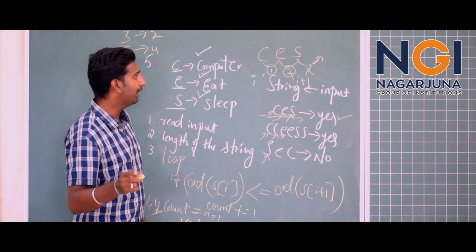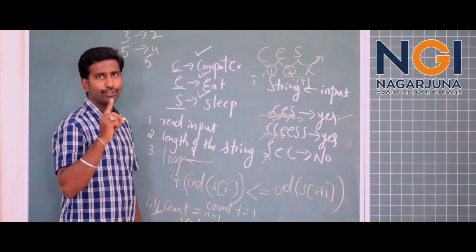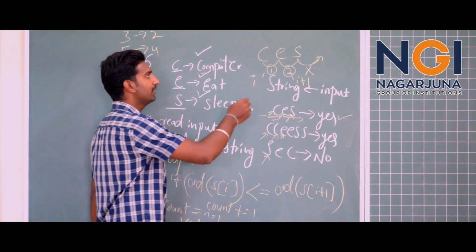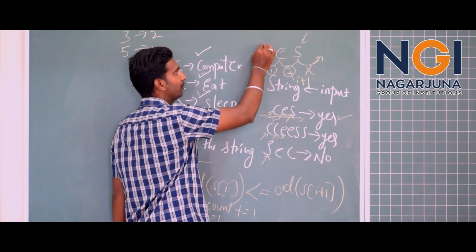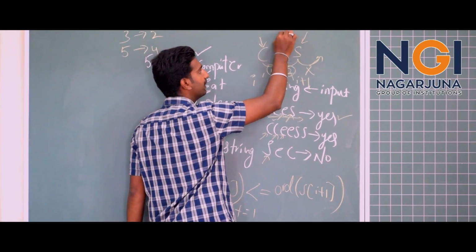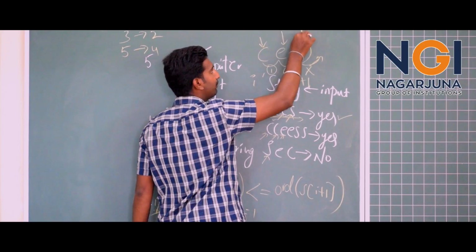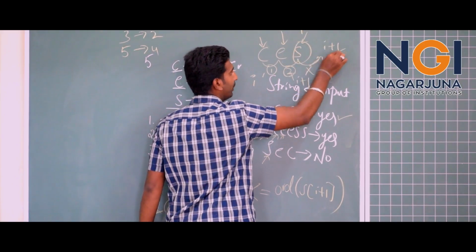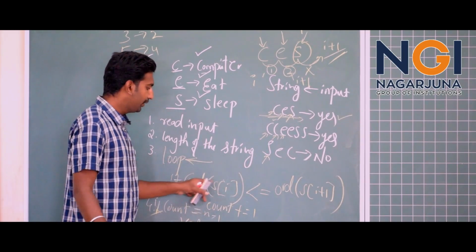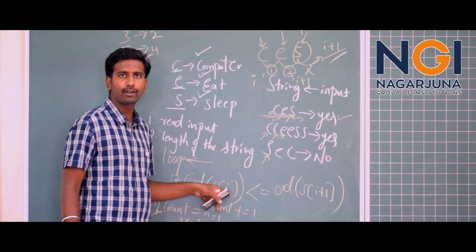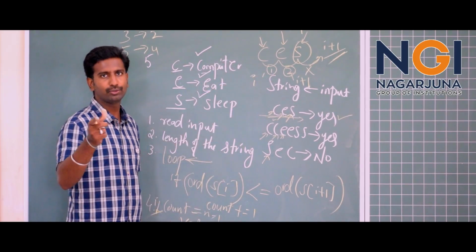While looping across the string in the for loop, you need to take care of the termination condition, because your loop should start at C and it should end at E itself, because it should not go till S. If your I is pointing to the S, you don't have an I plus 1 element to compare. So you need to be careful about the termination condition. If you are using a range inside the for loop, you need to terminate it at n minus 1, not at n. So that is what I wanted to clarify.